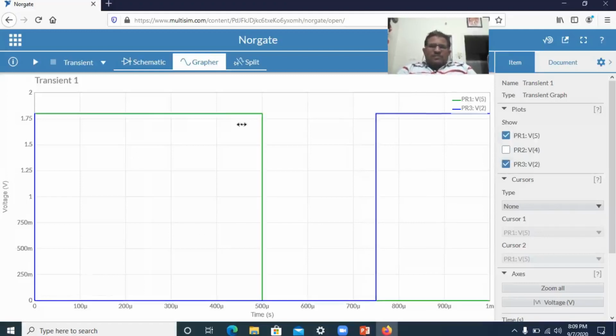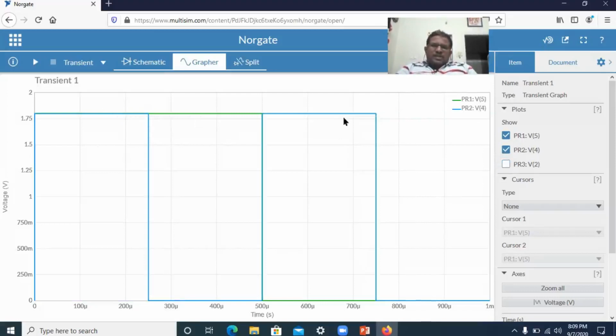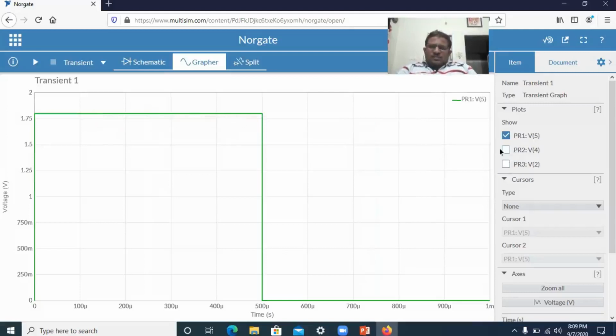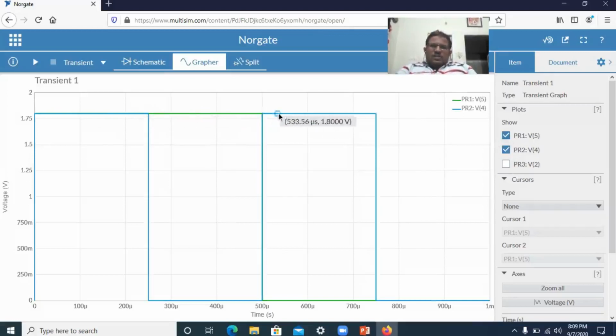Say for example, this is 1 and this is 0, and we will take this probe. So for all the conditions, see here 1 1, this is 1 1, this is 1 0, this is again 0 1.